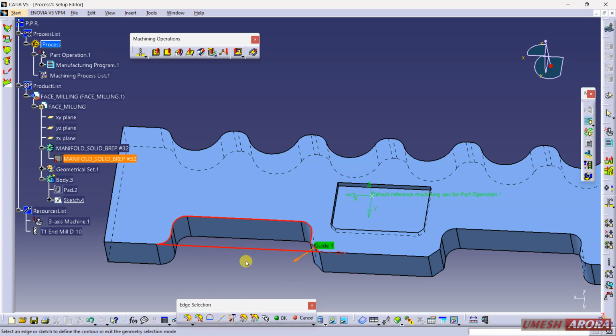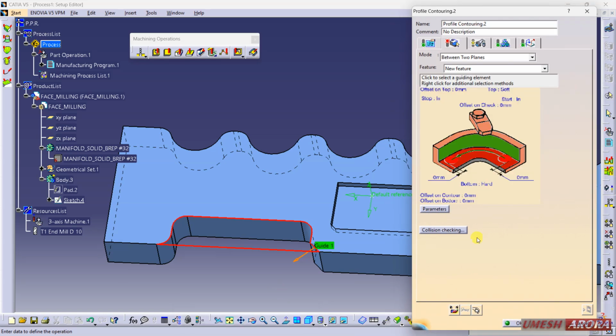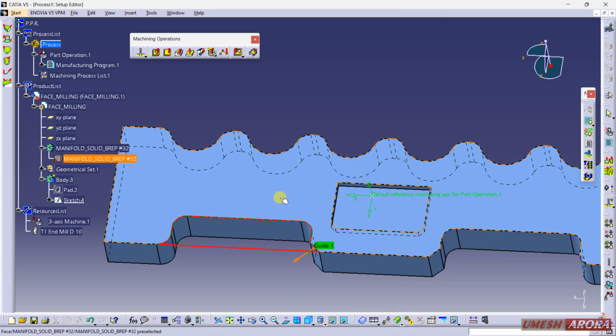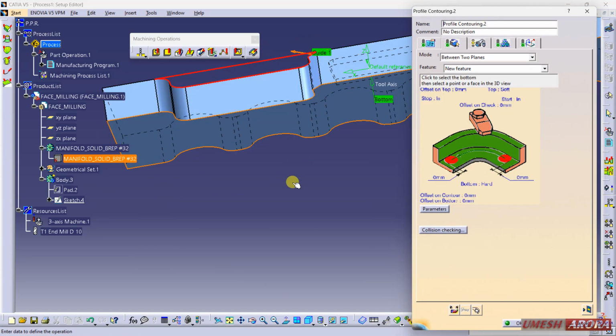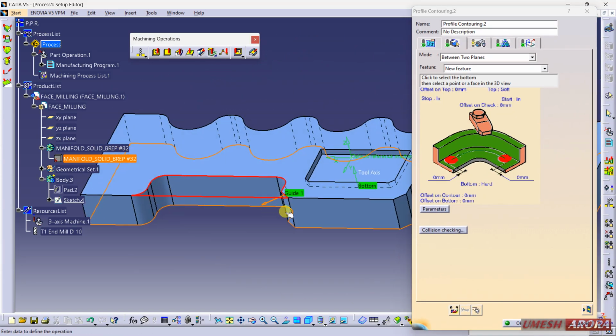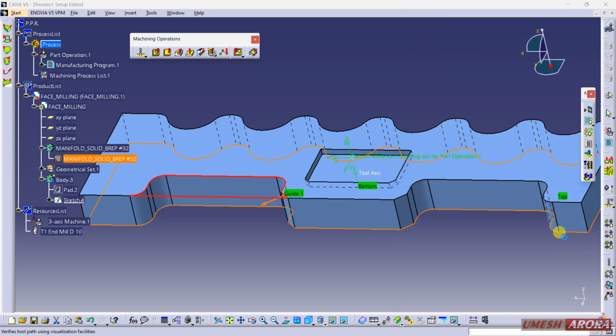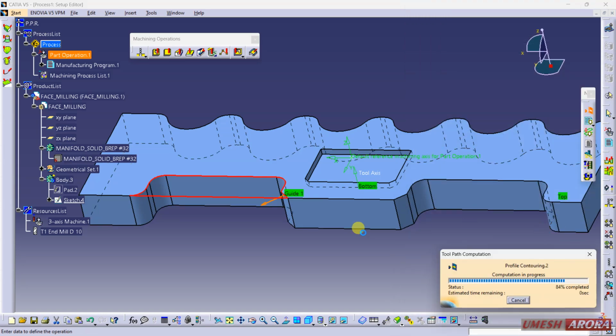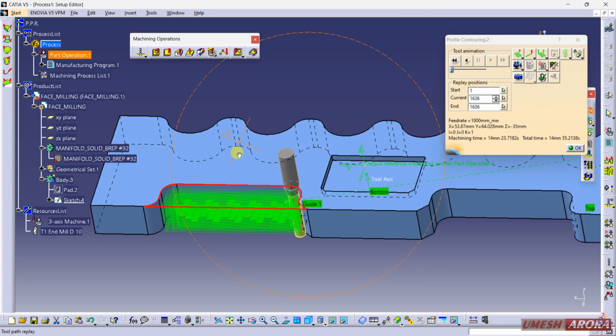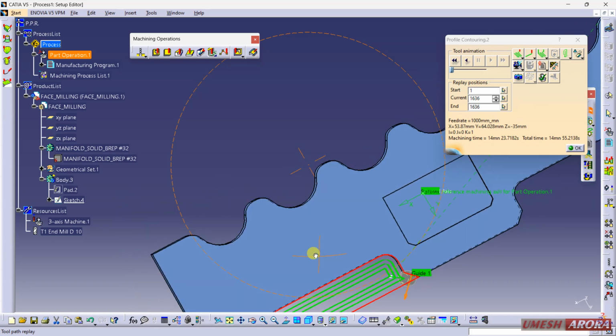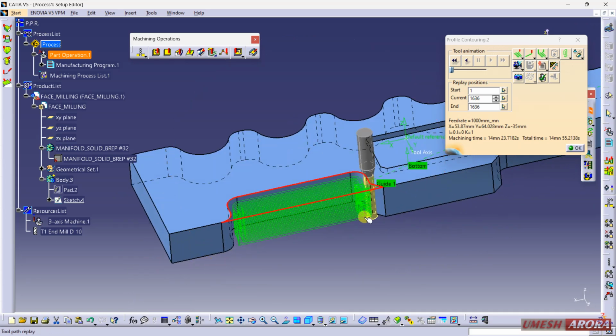So this time it is a close one. Click OK. Top face as this, bottom is same this, and calculate. Now it is assuming that we have a close profile, right?